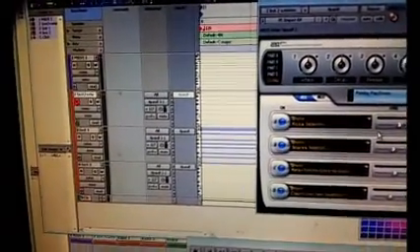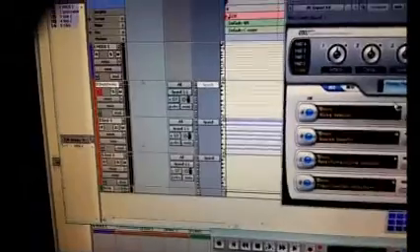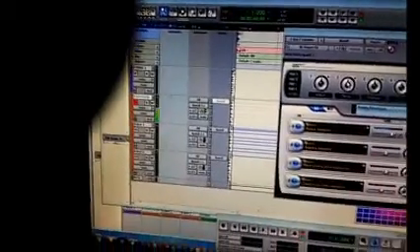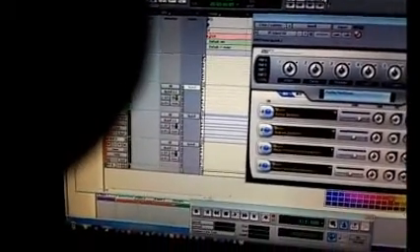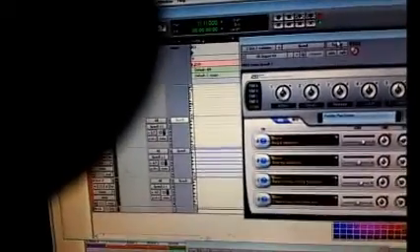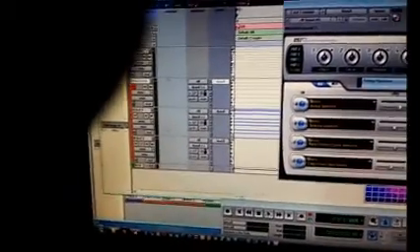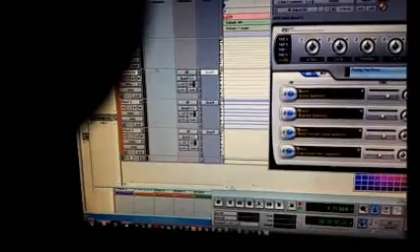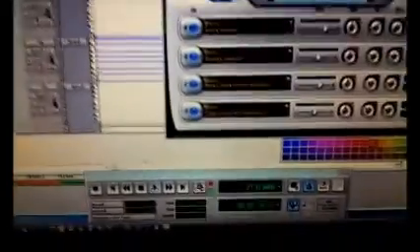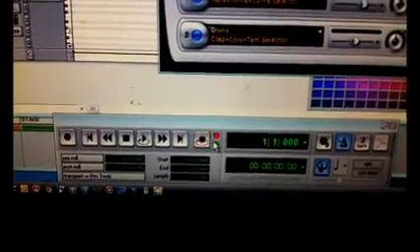So first of all, we need to find out whether or not the metronome is running, because you don't want to be doing it if it's not going to have a metronome. So I'm going to hit the record on the transport here at the bottom, and I'm going to turn. So this is already set to loop, and then we'll